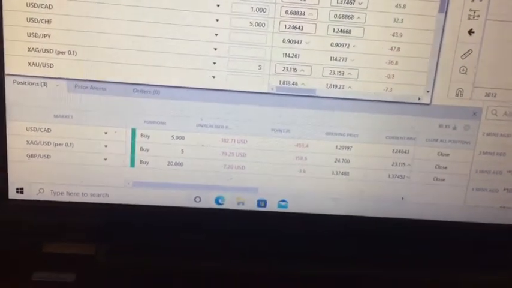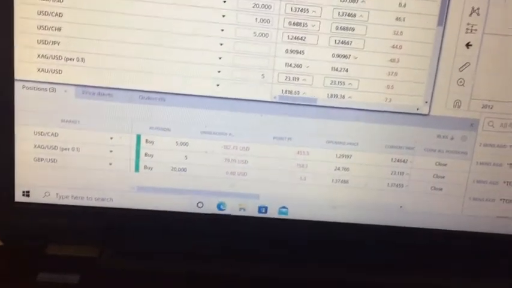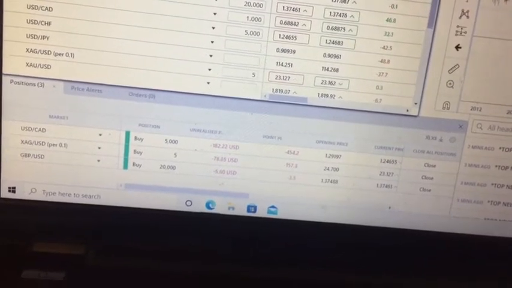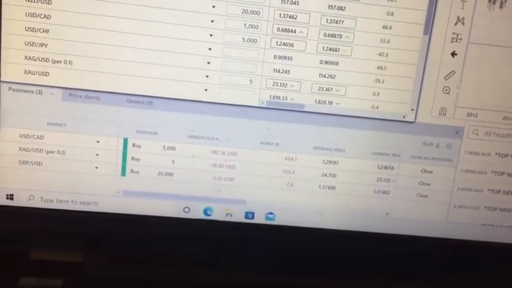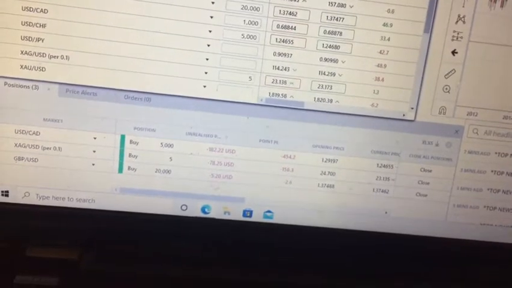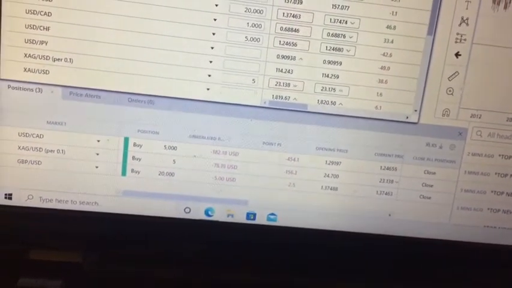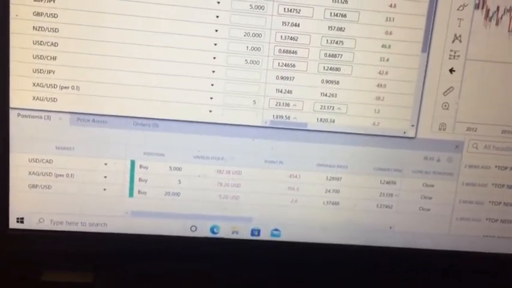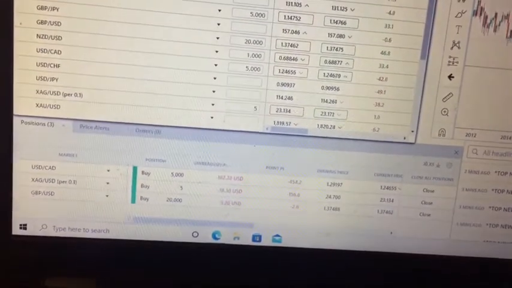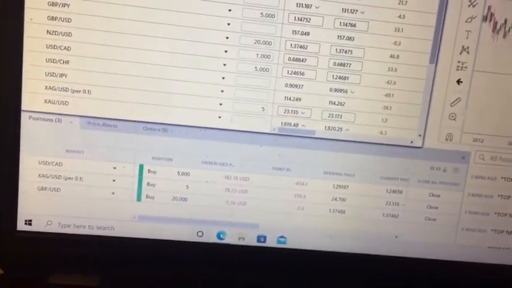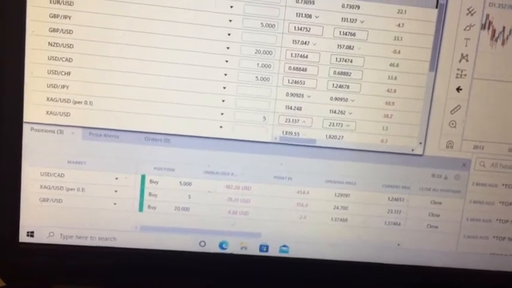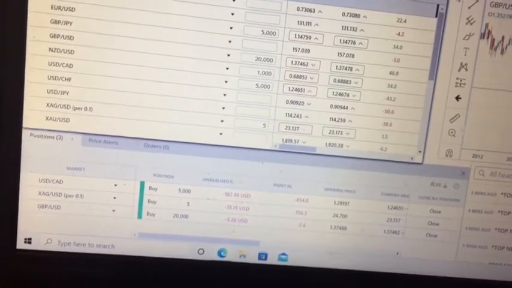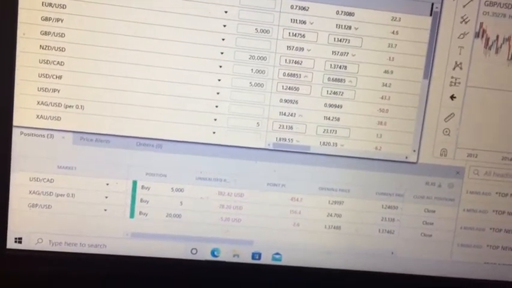But as you can see, the lot size is 4 times as much, because 5 times 4 goes to 20. So the lot size for Great British Pound is 4 times as much as USD Canadian. Therefore it has a stronger impact on the weight of the currency pair and the weight of the basket of currency that I have. So the direction in which the currency moves is more influenced by that currency pair. I might fluctuate that, and I might even it up later by increasing USD Canadian to 20 as well. But before I do that, I'm going to make sure I make a profit off of this trade now,